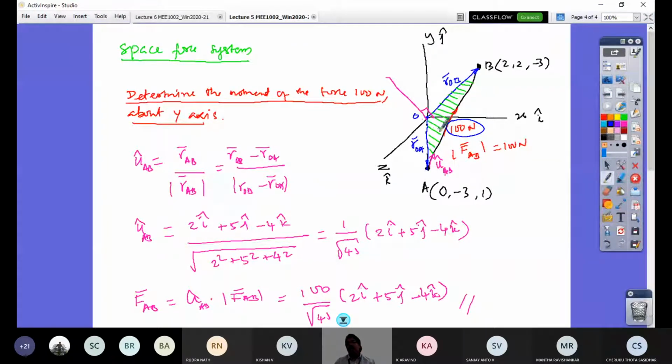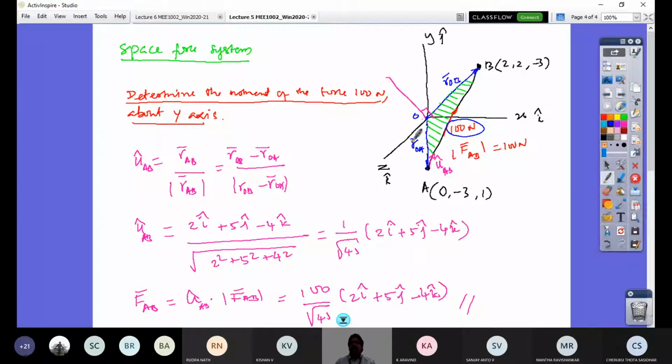That is what we call the moment of a force about a point O, where from point O you have an axis perpendicular to this plane. But what is the question? Determine the moment of a force 100 Newton about the y-axis. So the y-axis is not at a right angle to this plane. So how do you get that? After getting the moment about this point O, you project it on the y-axis, get the magnitude, and multiply with the unit vector of the axis, that's j, to get the moment vector. That's essentially what we were doing.